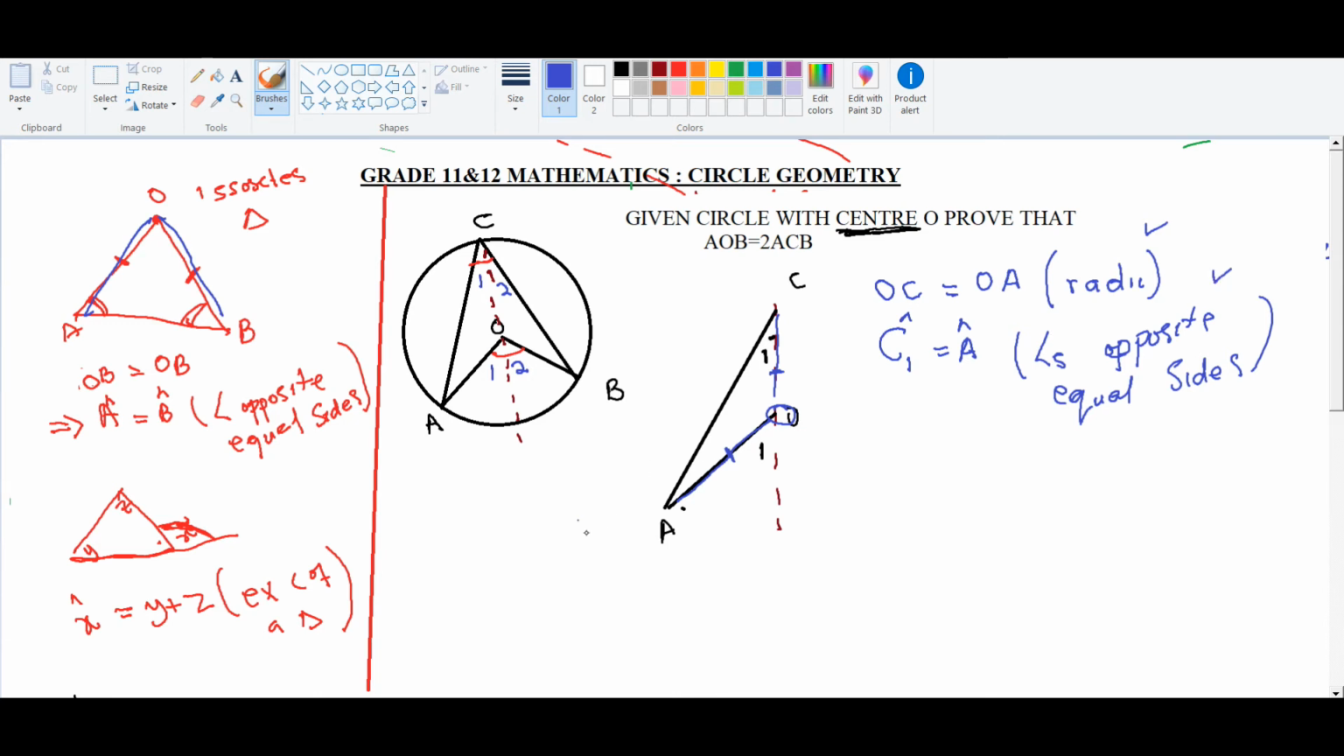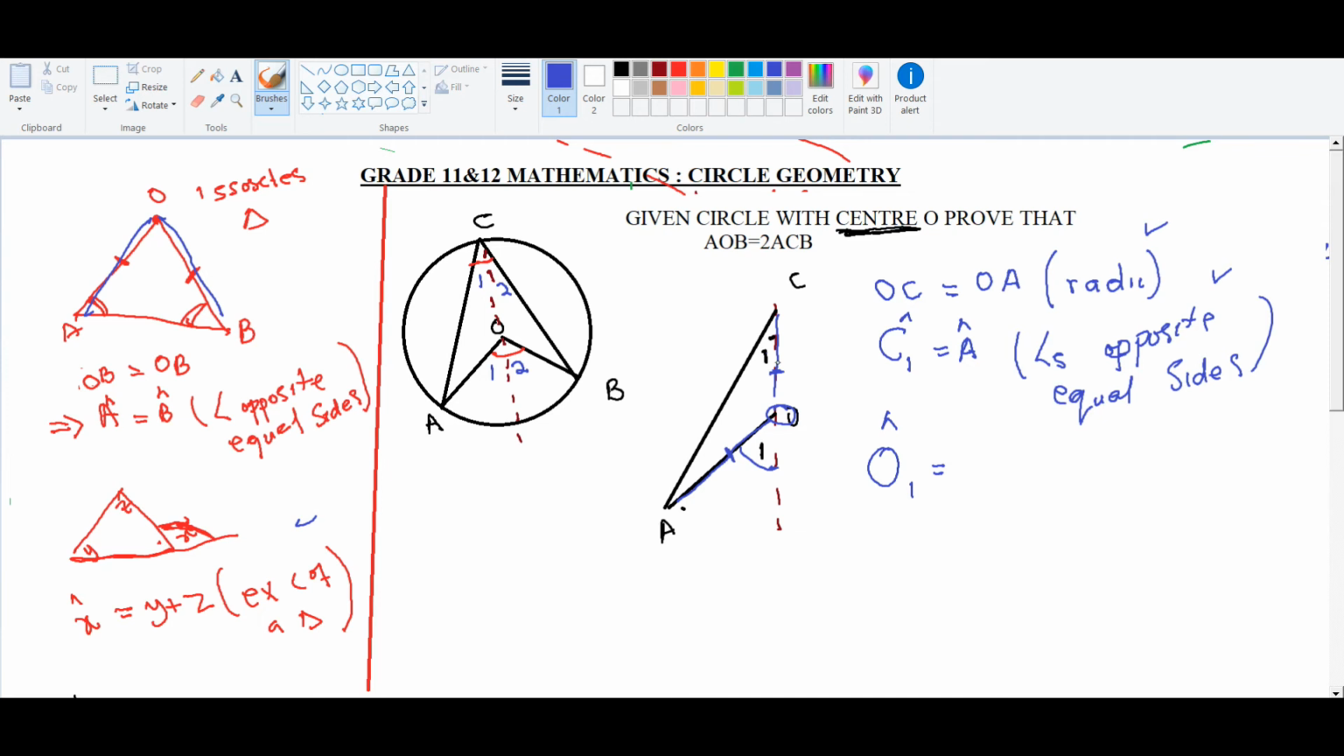What else do you need now? The last theorem, remember I told you, the last one. You need to say what? This exterior angle, O1, O1 is equal to what? Tell me. O1 is an exterior angle of a triangle. An exterior angle is the angle that is outside. So the exterior angle of a triangle is equal to the sum of the two opposite interior